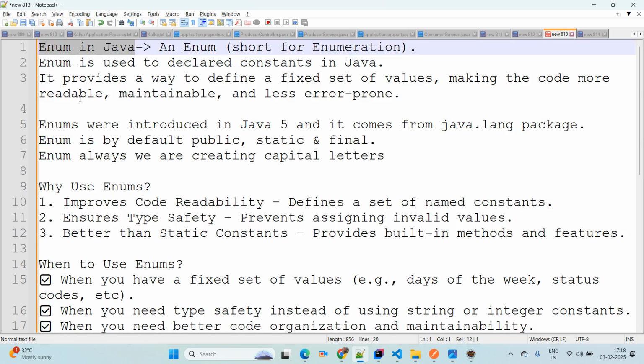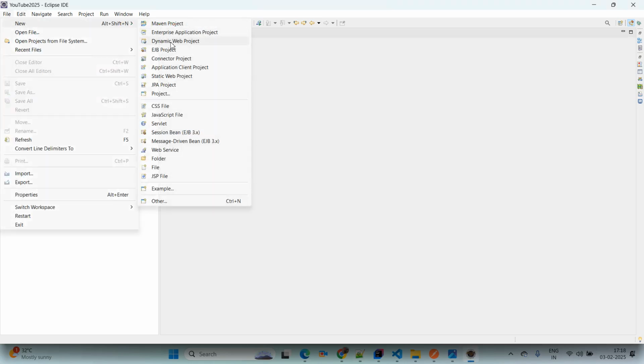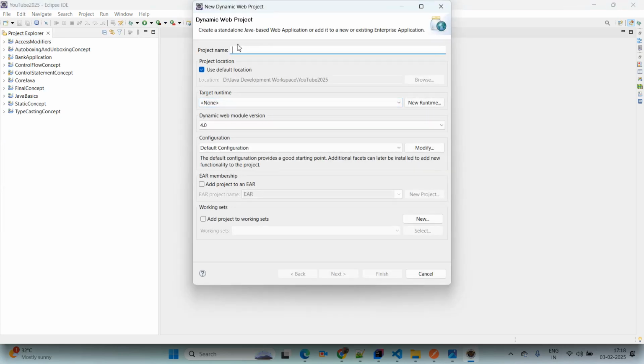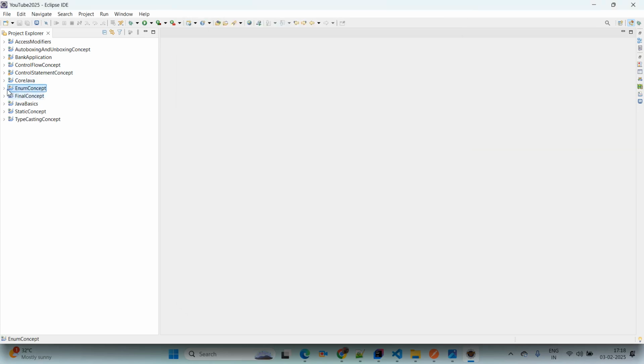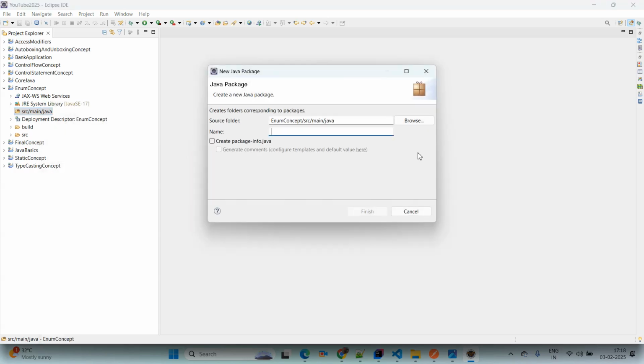Then we'll start with our practical approach here. Simply come up with Eclipse, then go to File, New, Dynamic Web Project. I'm giving the project name as enum concept. See, our application is created successfully. Now we'll come to src in Java, right click on that, new package. The package name I'm giving here